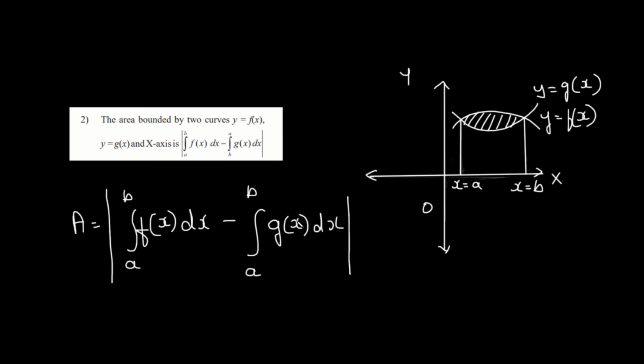So compare this to the answer that they have given over here. Yes, there is a small difference, isn't it? Over here in the second case, they have given the integral b to a g(x) dx, which is wrong. It is a to b g(x) dx. That means the statement that has been given here is false. So we are going to write this as false.